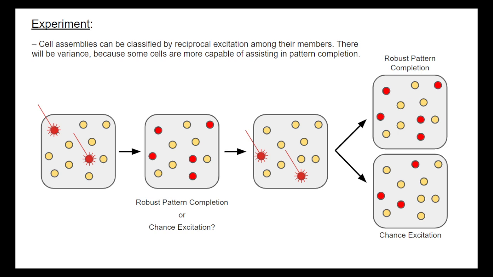Okay, so I introduced you to this earlier. Here is the refinement of how we will tell if we're getting pattern completion or not. Cell assemblies are reciprocally exciting the members in their group, it's thought. When we're randomly stimulating, when we do find something that could be pattern completion like here, if we wanted to further distinguish it from chance excitation, we